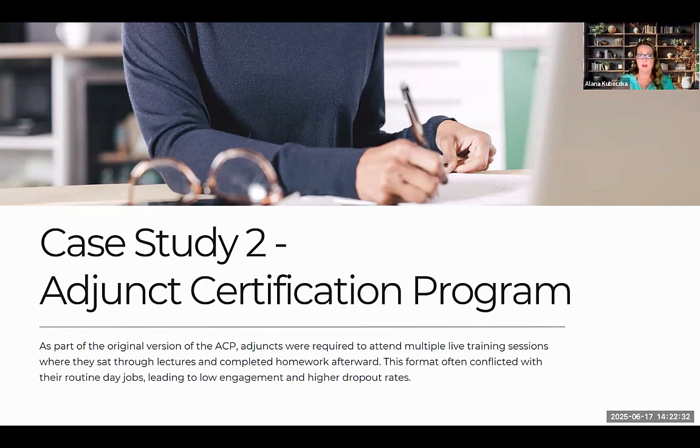And so this program is really great for our adjuncts because it does address all of those teaching styles and engagement styles and backwards design and all of those best practices. But a lot of them weren't taking the next level of the program. There's 3 levels, and they'd stop with whichever level they were at. Maybe some would go on to the next one, but they really had less than a 50% rate continuing.